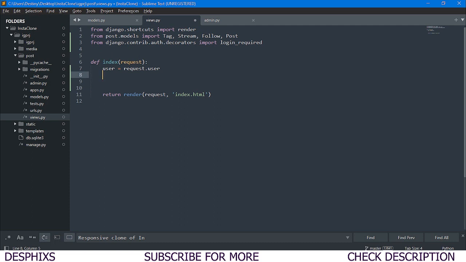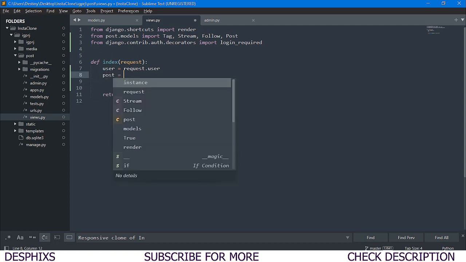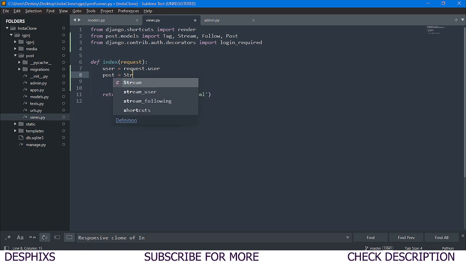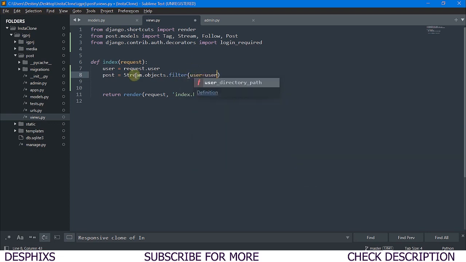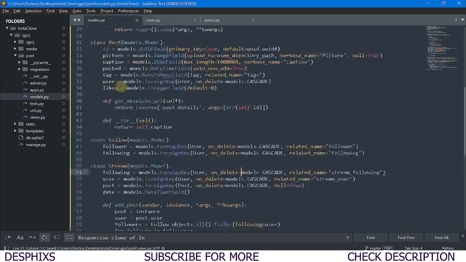Then let's get down there, and for now let's just push this down. Okay, so the first thing we're gonna do over here is list out our posts. So we've got some posts that I created from the back end, if you remember from the last video. So what we need to say now is Stream.objects.filter. This time around, we want to filter user should be equal to user. So this stream that we created from the model, you remember there is a stream in the model over here.